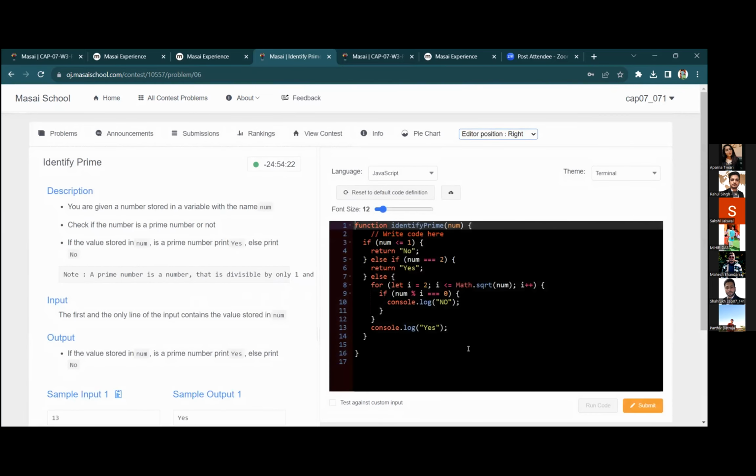और लास्ट सर ये वाली एक तो सारे ही करा लो। सर बाकी सारे कर लिए, उसमें तो के को लेके प्रॉब्लम हो रही थी। ठीक है। You are given a number stored in this num. Check if the number is prime or not. If the stored number is prime, print yes, otherwise no. ठीक है, क्या कर रहे हो आप? Lesser than, return no directly, ठीक है।